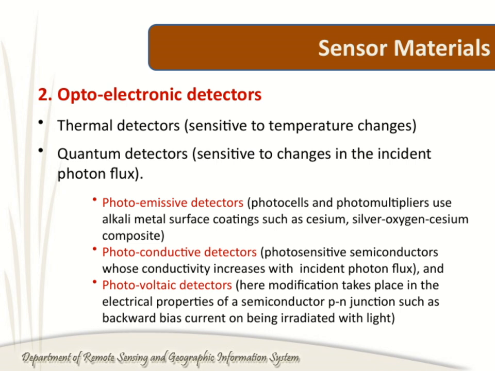Moving on to optoelectronic detectors, we find thermal detectors, which are sensitive to temperature changes caused by incident radiation. They don't rely on electronic or semiconductor properties, but rather on the heat generated by the light. Finally, we have quantum detectors. These are incredibly sensitive to changes in the photon flux itself. They can detect very faint signals because they respond to the quantum nature of light, making them essential for applications